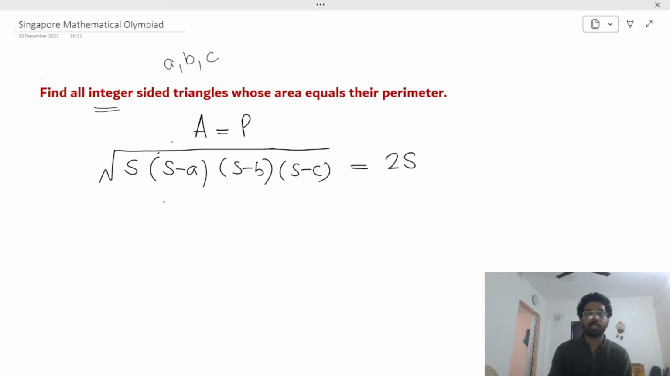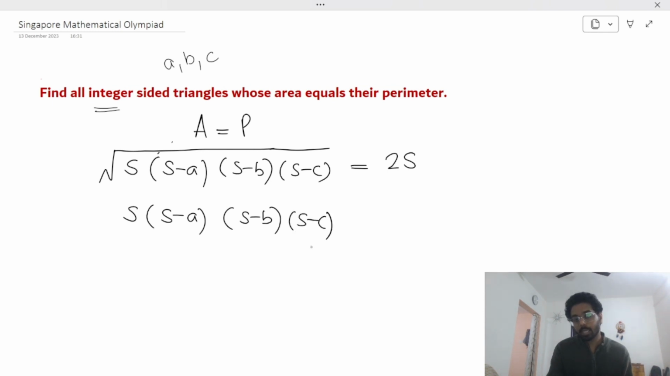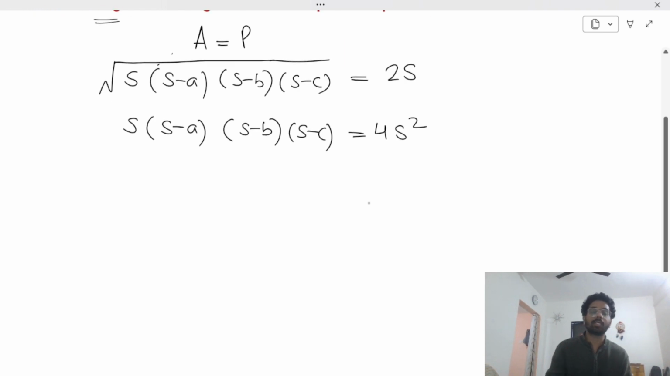Now take the square on both sides. If you square both sides, you will have s into s minus a into s minus b into s minus c is equal to 4s squared. We will cancel s with s, and what you will have is